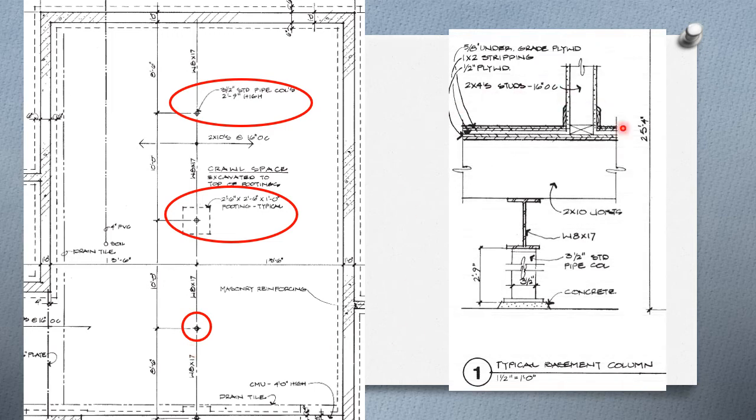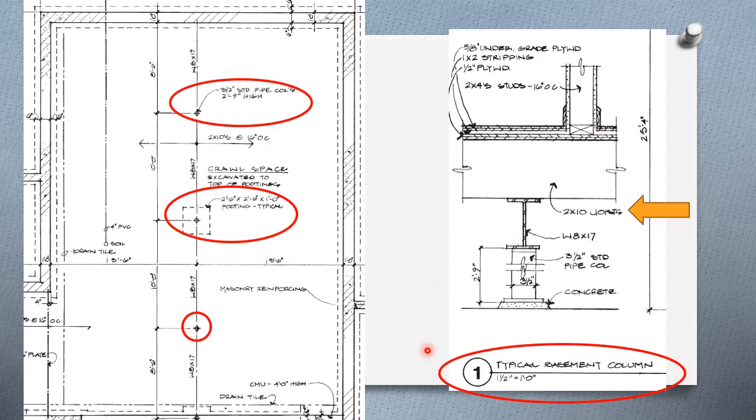And here's the detail back in the corner of that same page. Notice it's drawn to a larger scale, and it's a typical basement column, which means wherever we see a column, this is what we want it to look like. Here are the 2x10 wood joists that sit on top of it,